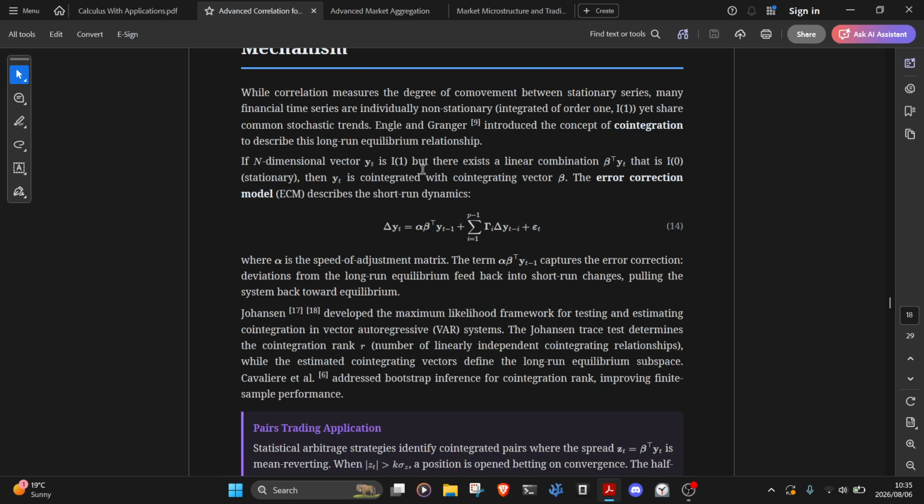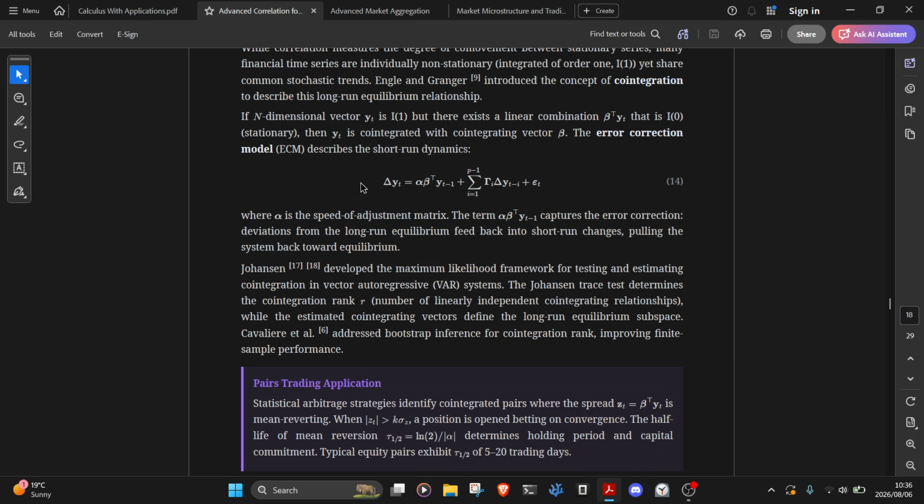If an n-dimensional vector y_t is I(1), but there exists a linear combination, the transpose of beta times y_t, that is I(0), stationary, then y_t is co-integrated with co-integrating vector beta. The error correction model, ECM for short, describes the short-run dynamics, which is described as delta of y_t